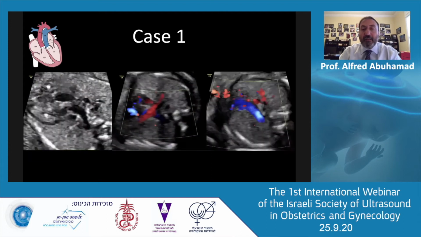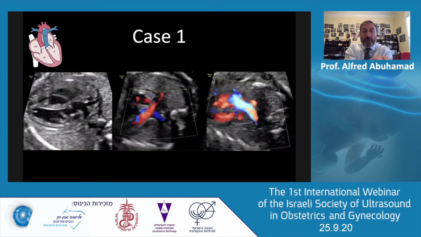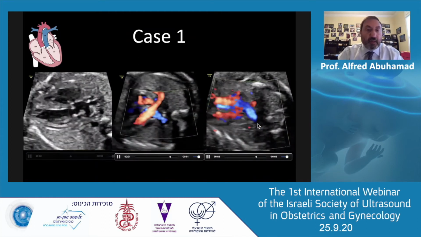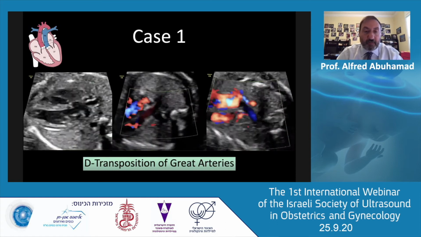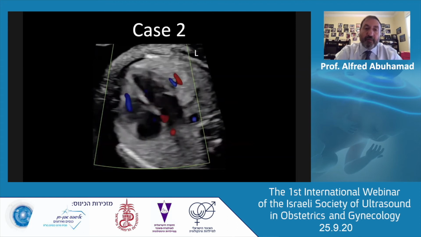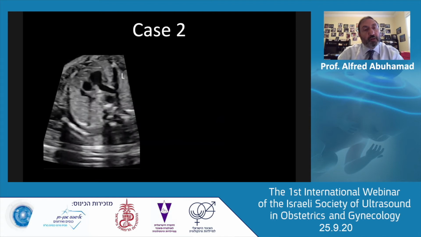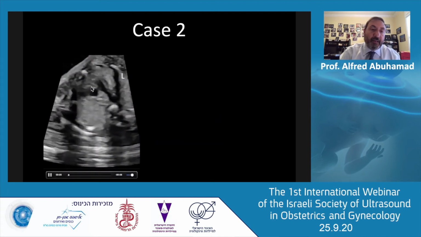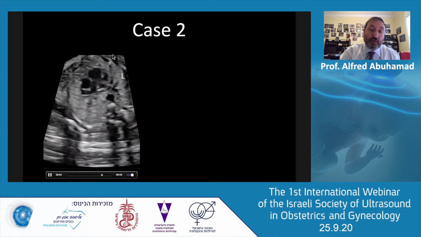And then if I look at the 3-vessel trachea view, because the aorta is on top of the pulmonary artery, here I see only a single vessel, which is the aorta at the 3-vessel trachea view. Diagnosis is transposition of the great arteries. Here's a second case. 4-chamber view looks normal on color Doppler. I'm going to show you the 3-vessel view here, and you see the pulmonary artery dividing anterior to the aorta. That is anterior to the superior vena cava. Looks normal to me